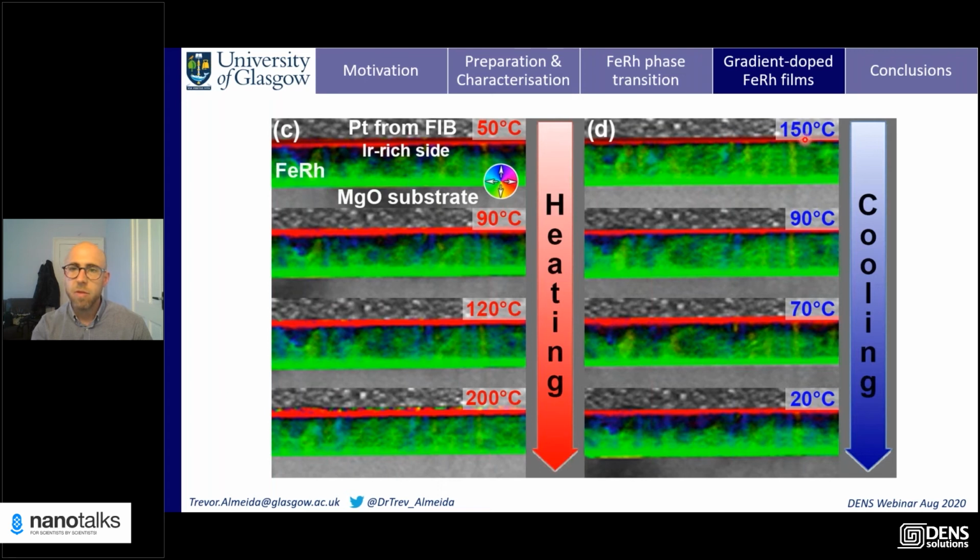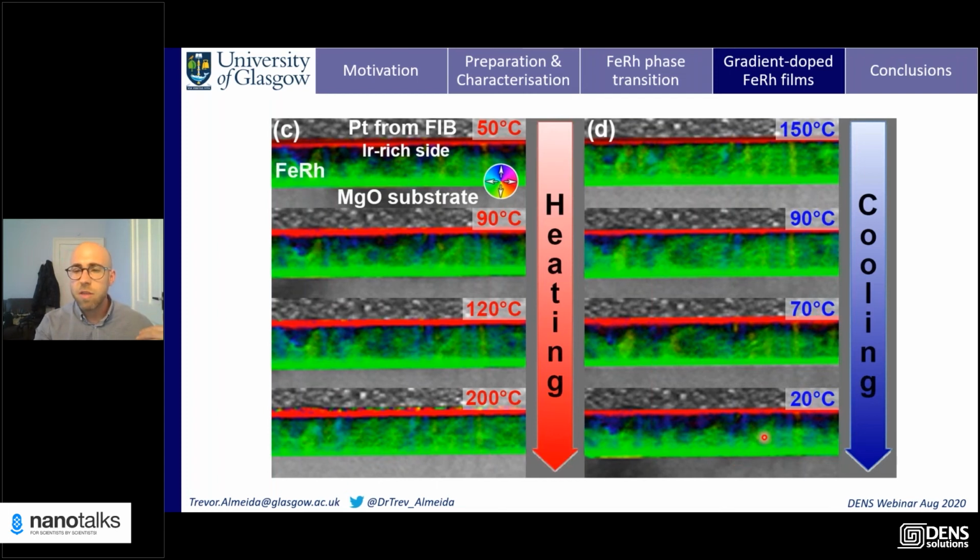So at 150 degrees, it's fully ferromagnetic. We cool it down to 90 degrees. You can see it starts to become antiferromagnetic at the top surface. It becomes more antiferromagnetic until down to 20 degrees, where we can see a nice phase boundary within this thin film. So this is a great result, but we wanted to keep pushing so that we have a doping gradient